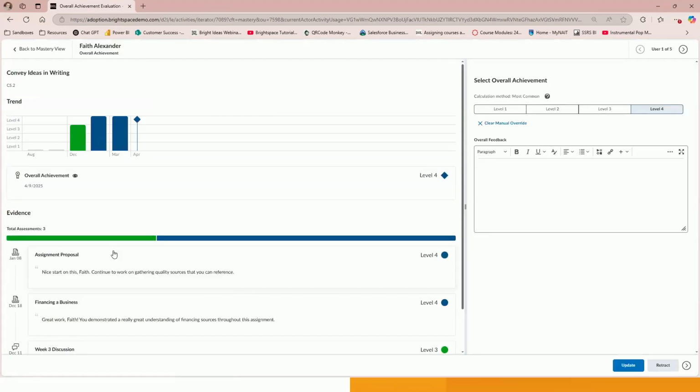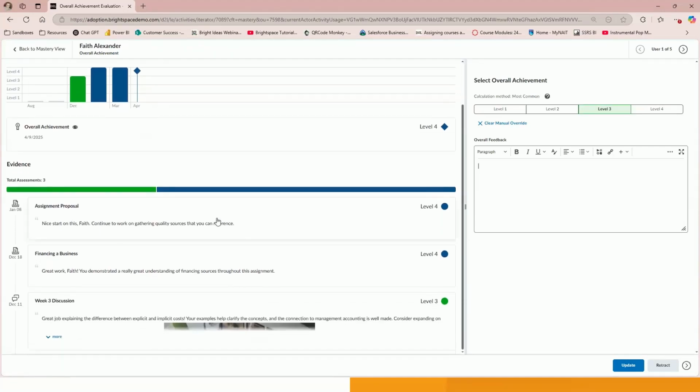Here you can see all of the times the students have been evaluated against that outcome and adjust their achievement based on your own professional judgment. You can do that here where it says select overall achievement. We can see Faith has been automatically assessed at a level 4, as that is the most common achievement she's received against this outcome. But if you as the professional feel that a level 3 is more appropriate, you can select that and update. You can also add your own comments here,